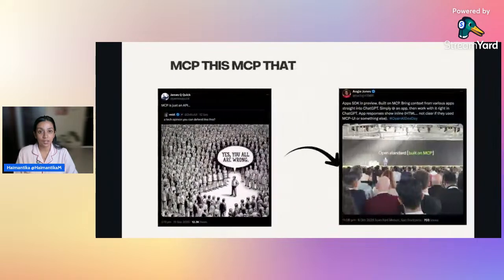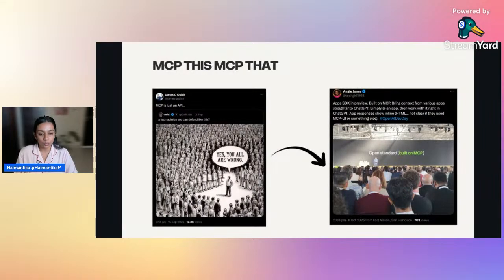Here are two tweets from people I look up to personally. One is from James, who says that there is a lot of hype about MCP, but at the end of the day it's just an API. Then we have a tweet by Angie, where in the last OpenAI Dev Day we saw how big companies like OpenAI and Anthropic built on it. Anthropic is definitely there, and even Microsoft and other companies are taking up MCP and building on top of it.